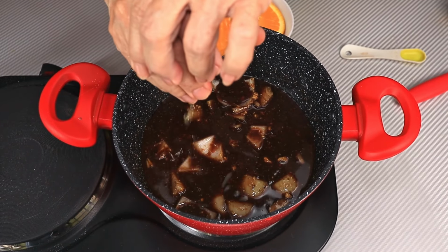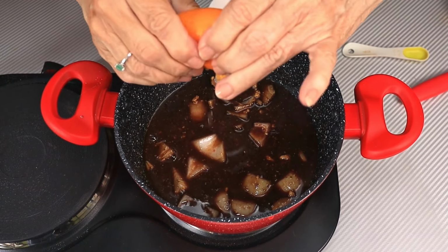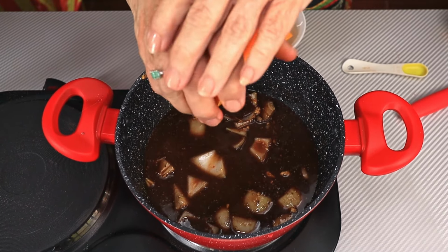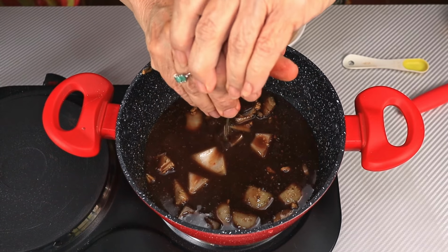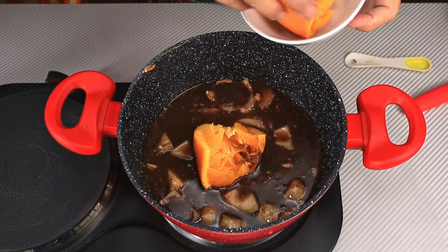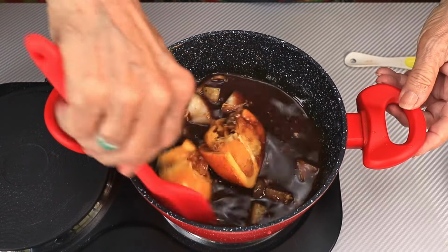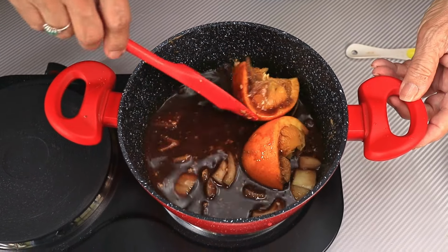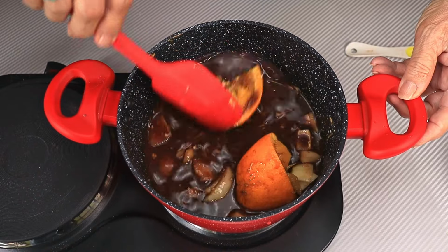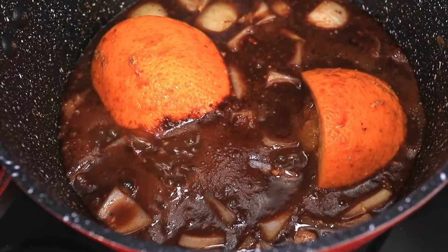Now squeeze the juice from the orange into the saucepan. And then we're going to add the actual juiced orange segments into the pan. We'll give it another stir. Now bring it to a boil and then lower it to a light simmer and let it cook for 5